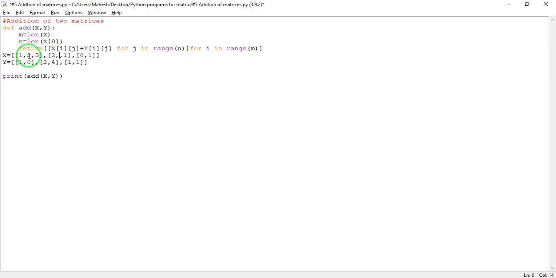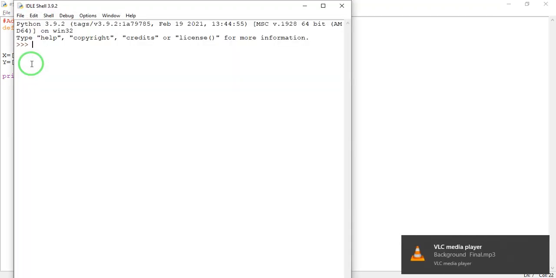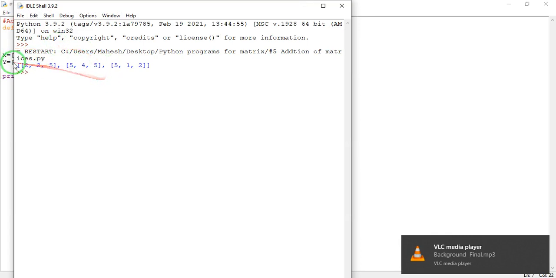All the vectors should be of the same length. This is one matrix, so let us take another matrix, 2, 3, and let us run this now. Here we go.